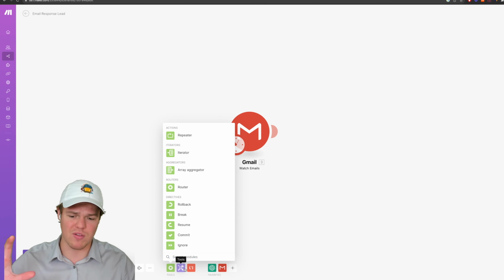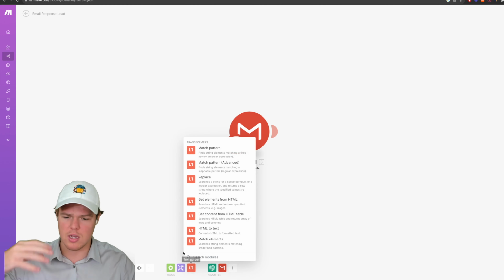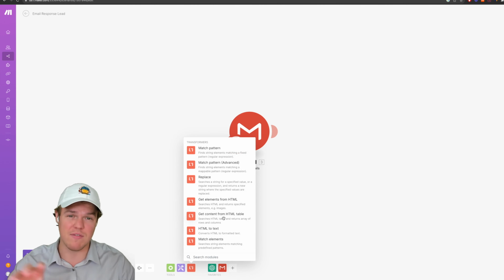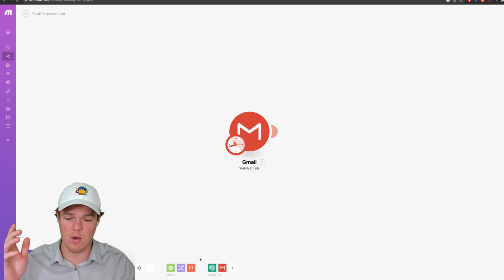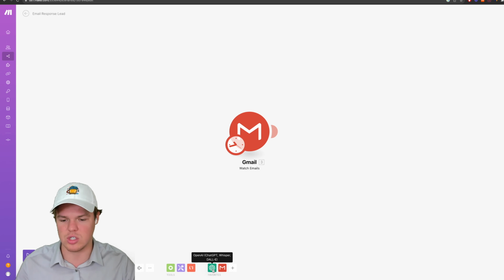This is kind of where they centralize it. They call them flow control, tools, and text parser. So this is kind of where they're in their natively built apps that they have on their backend and you can use in their flows. We're going to go ahead and use some of those today so we can kind of show you how those work. And then finally, we kind of have our favorite apps that we like to use, such as OpenAI and